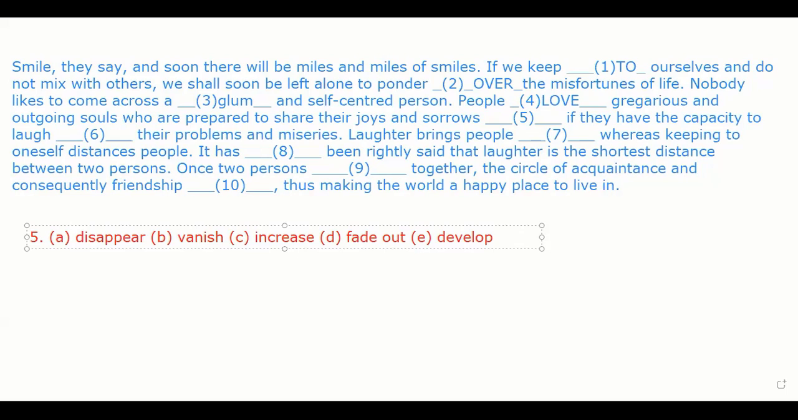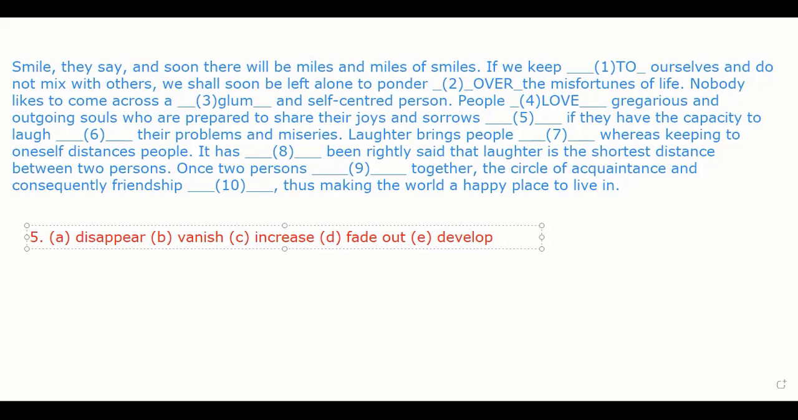A very interesting sentence: People love gregarious and outgoing souls who are prepared to share their joys and sorrows. So guys, we have to think about people who are outgoing, who are prepared to share their joys and sorrows. Should it be a positive word or a negative word? Is it increase or...